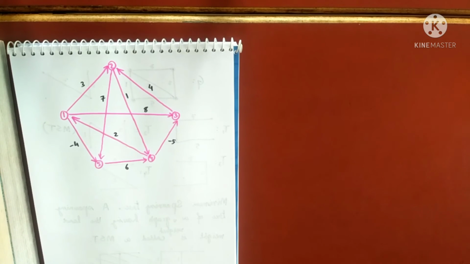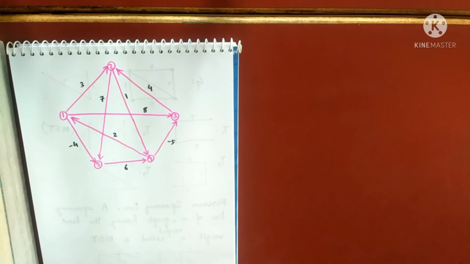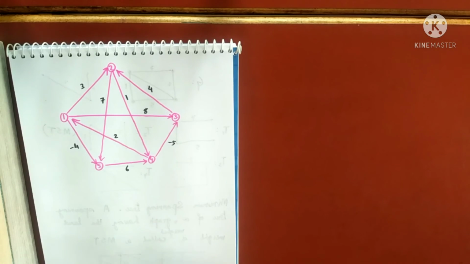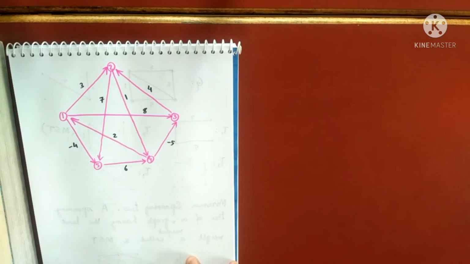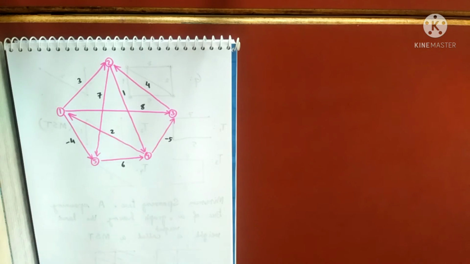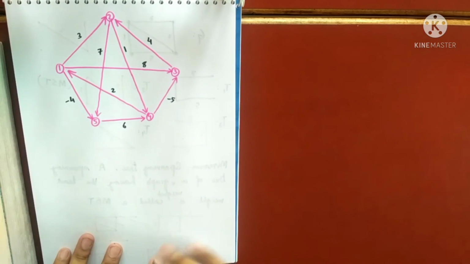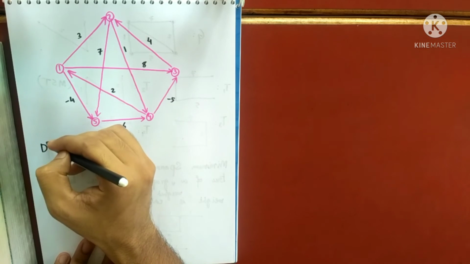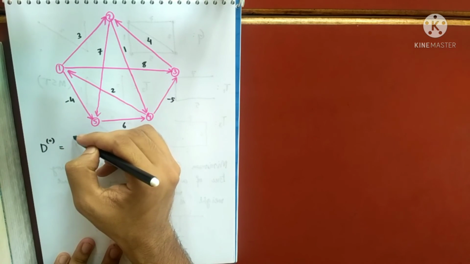Okay, so this time the weights are negative, so maybe that has some significance. I'm not going into that detail, but if some weights are negative, there may be some significance for that. We don't care about that, but the process remains exactly the same. You have to take negative weights only. So let's come. I'll not write much this time. Let's very quickly compute the first initial matrix.